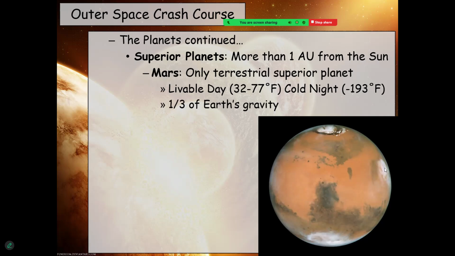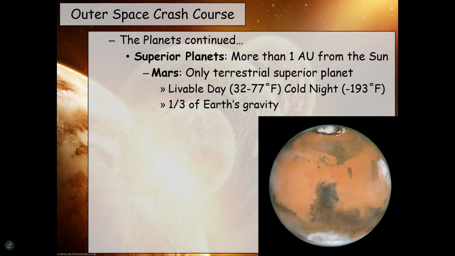Gravity is a lot less on Mars. Mars is smaller than us, but it's not a third smaller. The problem is Mars, whatever Mars is made out of, it is a lot less heavy than what Earth is made out of. And we talked a little bit about this too, right? We said that Earth has a core of metal, at least that's what we assume, because our planet's heavier than it should be if it was just rock. Well, Mars appears to be just rock and is about the weight we would expect from a planet made mostly just of rock. So if you went to Mars, you would weigh a third of what you do now.